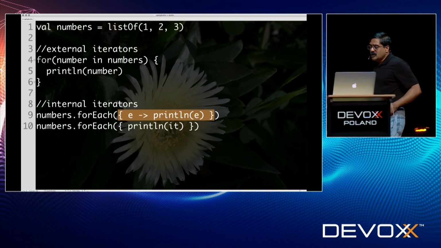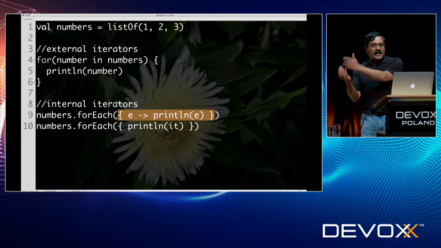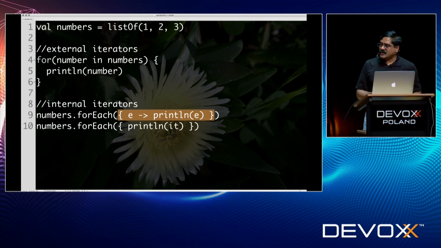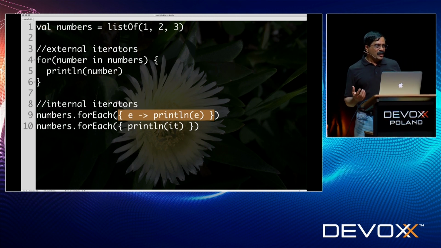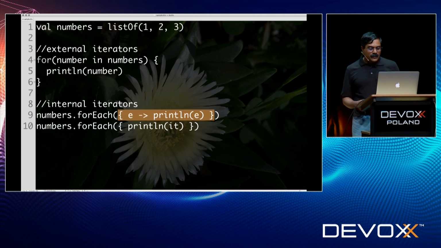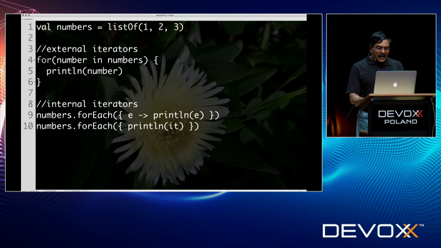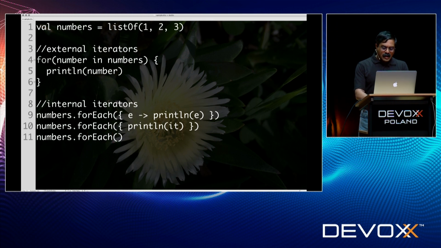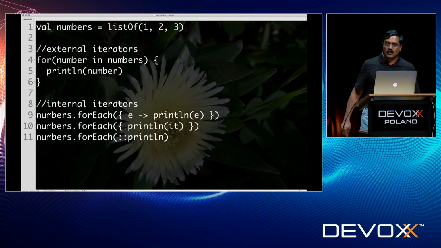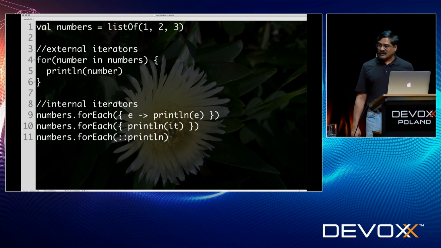So when you're using a pass-through lambda, it could be passed in as an argument or it could be passed as a target. But the point is, you're not doing much with it. It is just a pass-through. If you're dealing with the pass-through lambda, then what you can do is say for each, and you can use a function reference rather than using a lambda explicitly. So this becomes a nice way to reduce the complexity or the verbosity